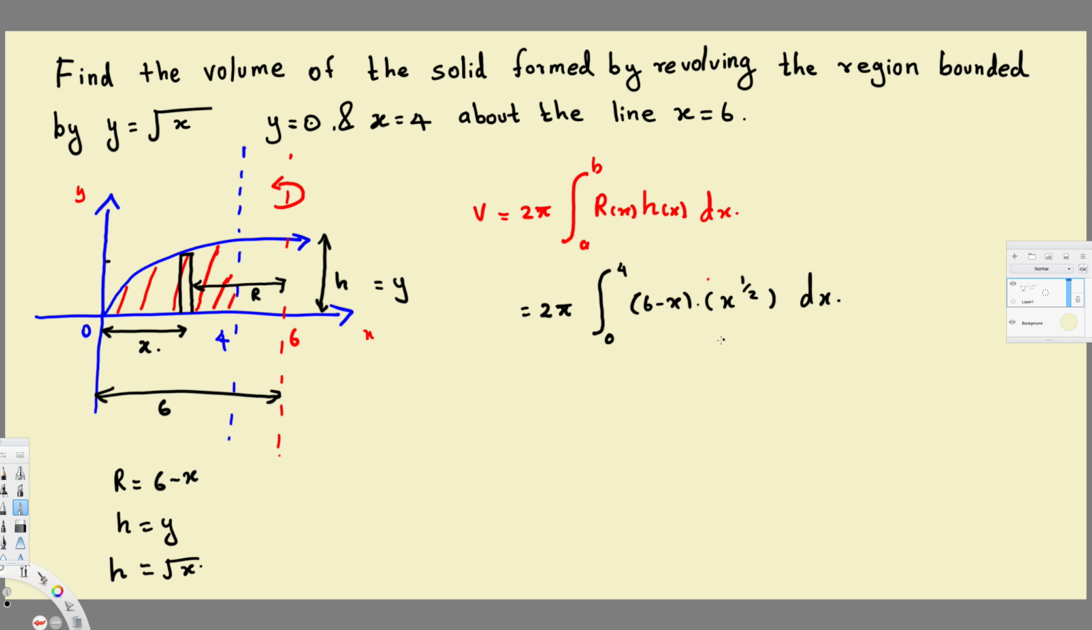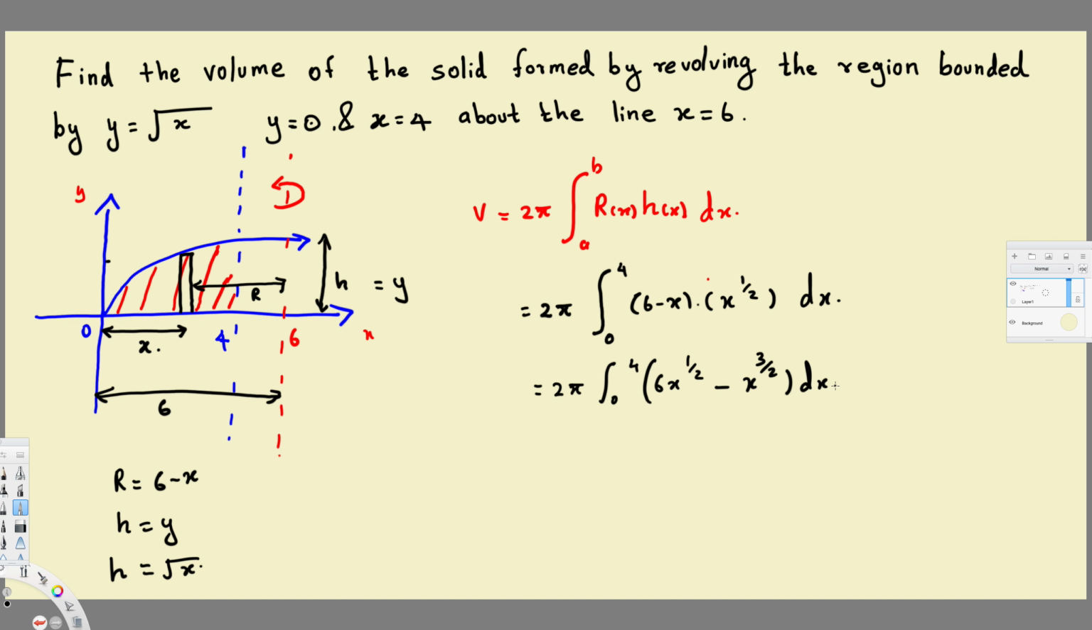dx. Now let's simplify this one furthermore. So this is going to be 2 pi integral 0 to 4, (6 minus x) times x power half. This is going to be 6x power half minus x times x power half. That is same as 1 plus half, right? That is 1.5, same as 3 over 2. x power 3 by 2